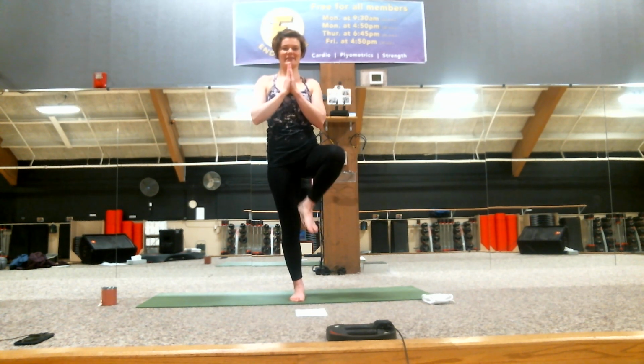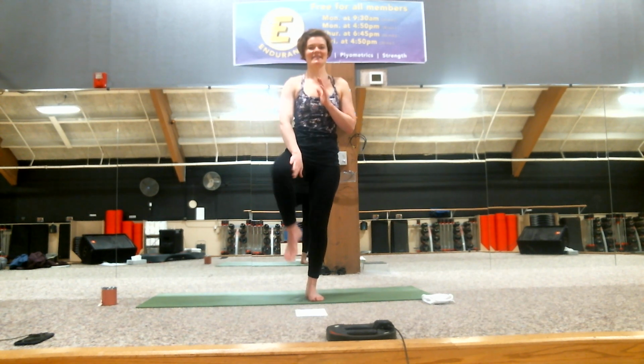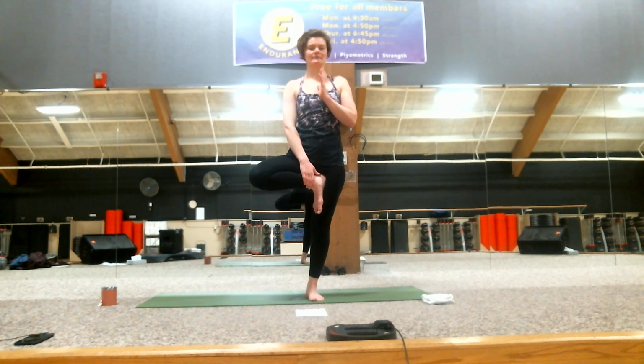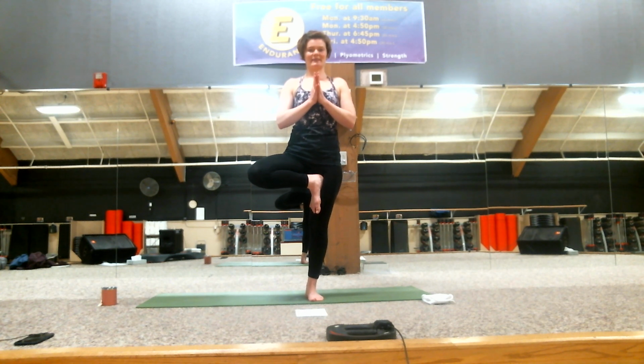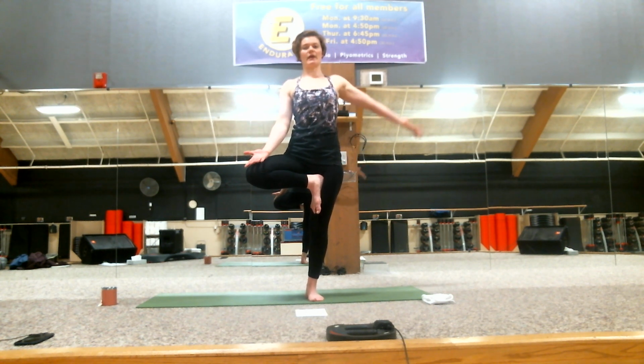Good. Release the feet to the floor, and we'll take the same pose on side two. Standing on your right foot, bring the left foot into the inner thigh or the calf. And we need the leg and the foot to hug in with equal opposite pressure. Tailbone dropping down, low belly strong, rooted through the standing leg. Feel free to stay here or rest the left hand onto the knee and sweep the right arm up